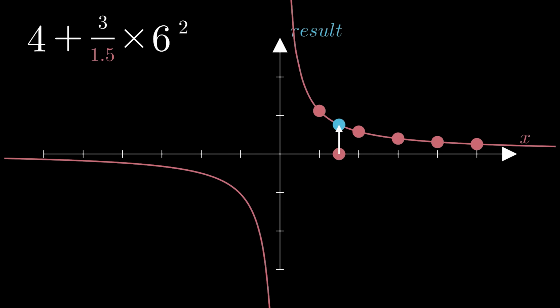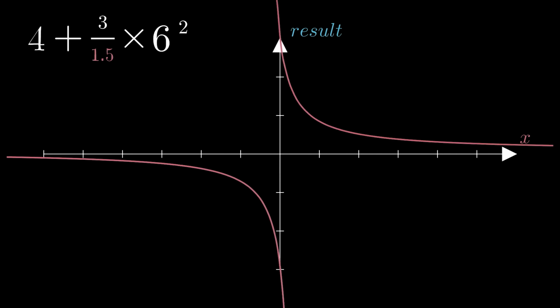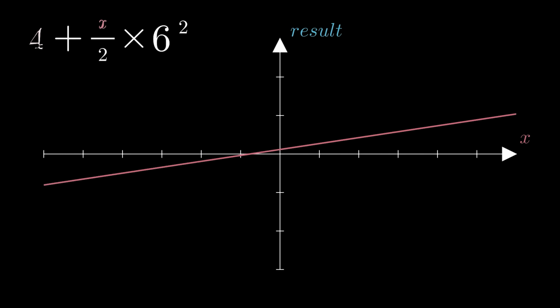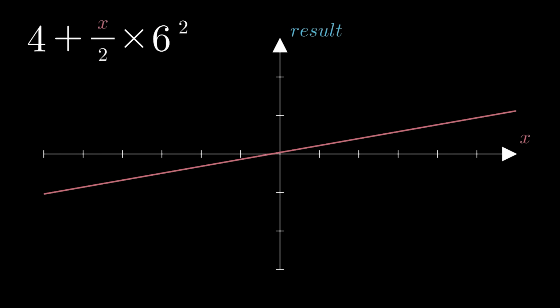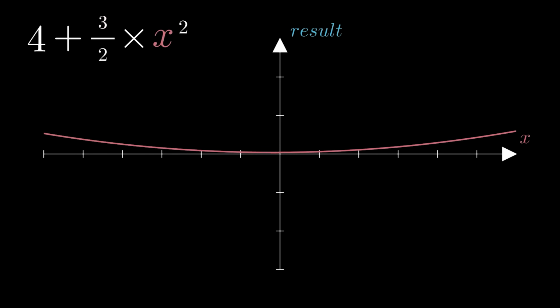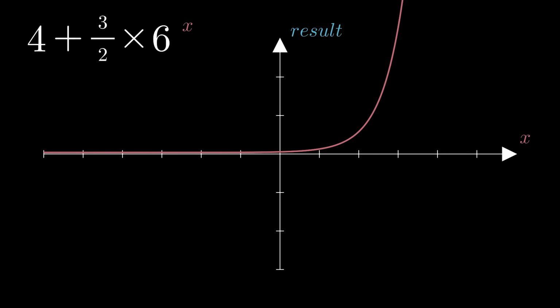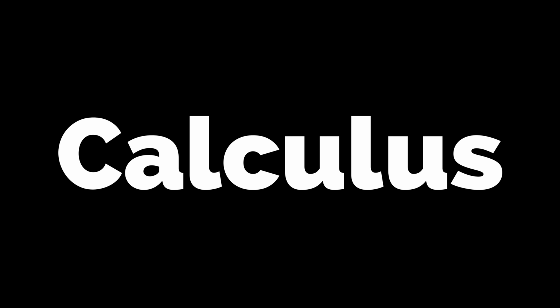Now, what's really neat is that we can repeat this process for every single number in our equation. And you can see how replacing the 4 with x causes the function to just go up, replacing the 3 causes it to go up in a different way, replacing the 6 changes the shape, and replacing the exponent 2 does something that's even weirder. So that's what functions are all about: telling us how the function changes based on a single number changing it. And this would actually be a perfect segue for calculus.